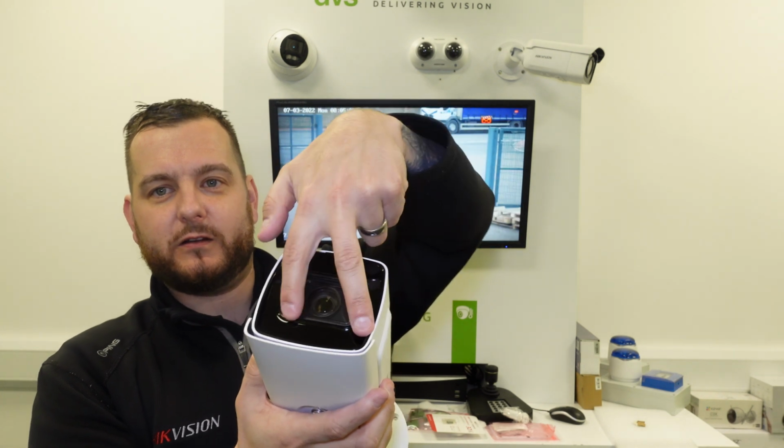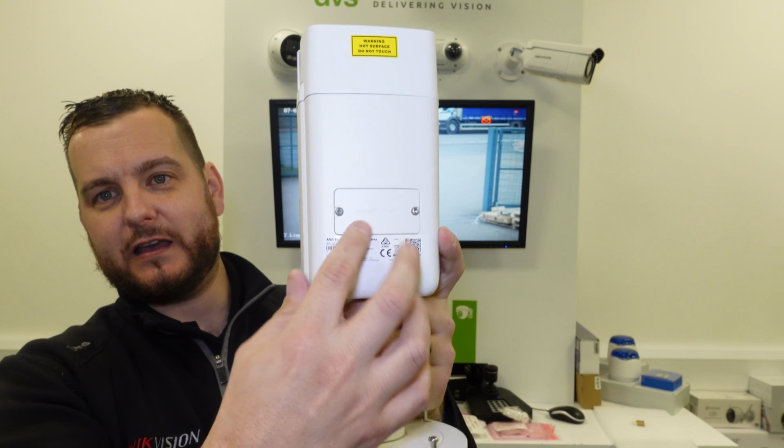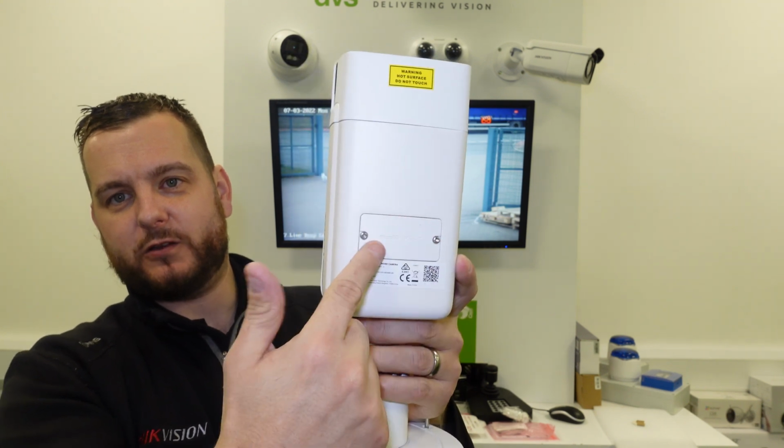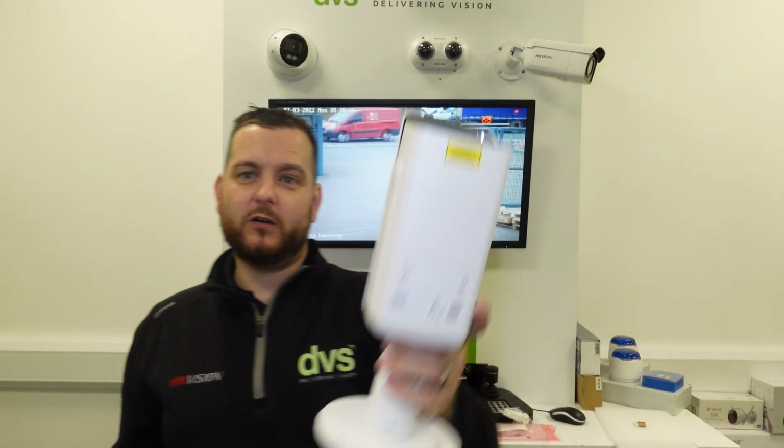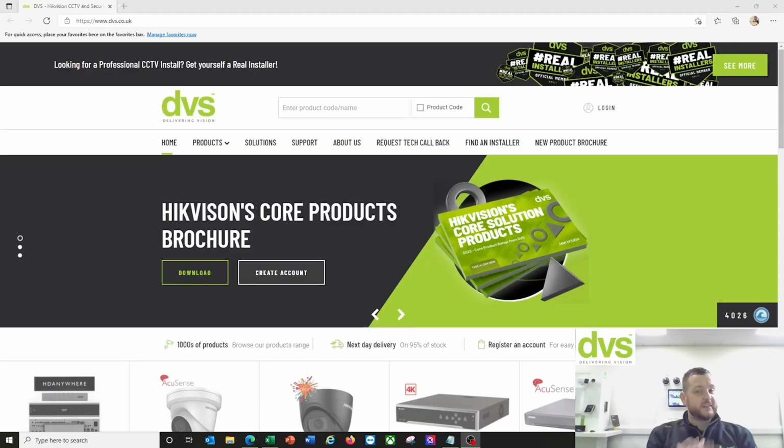Adjustable sun shield, built-in infrared. You've got two up, two down, and you've got your SD card there. So remove that cover by use of the two securing screws. There's a reset button and an SD card slot in there. So I'm going to fit the SD card, change the older 7 line over, and we're going to come back and show you the configuration on the web. So stay tuned, everybody. Okay, so we fitted the camera outside, we've replaced the older camera like I said, and